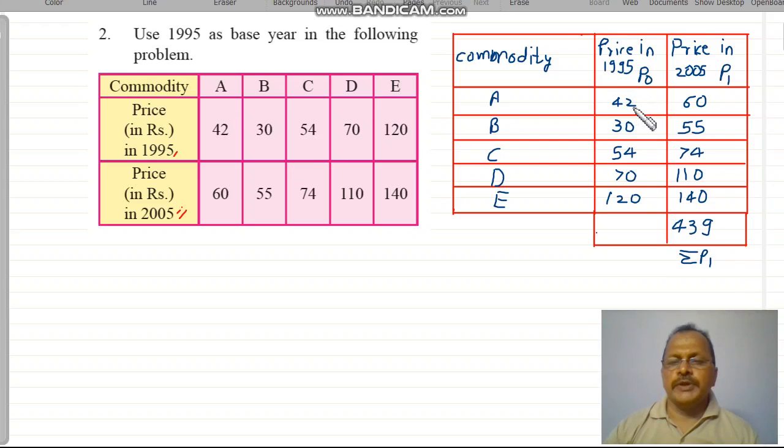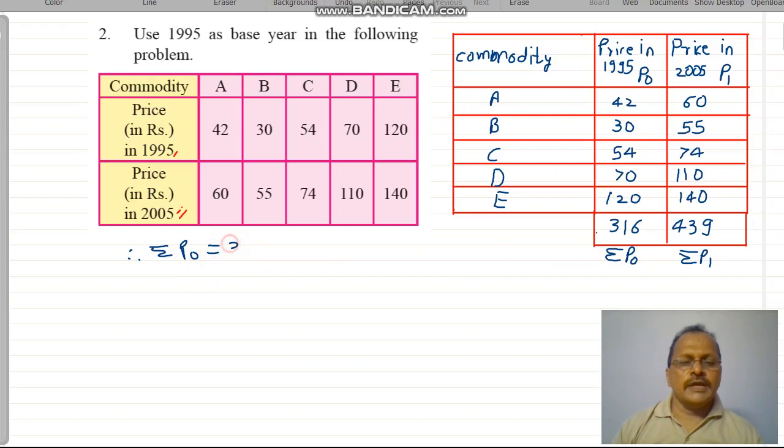Now summation P naught: 2 plus 4 is 6, 12 plus 7 is 19, 19 plus 5 is 24, 24 plus 3 is 27, plus 4 is 31, and therefore summation P naught is equal to 316, summation P1 is equal to